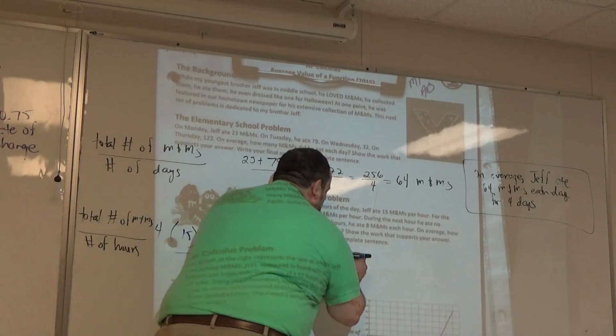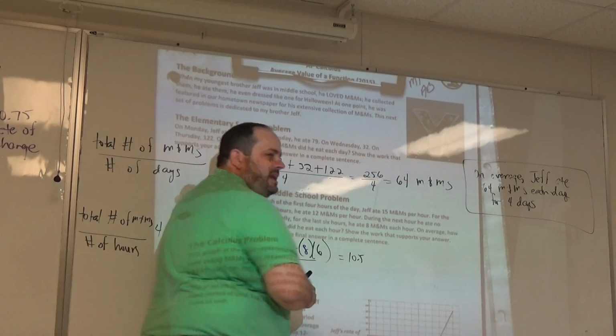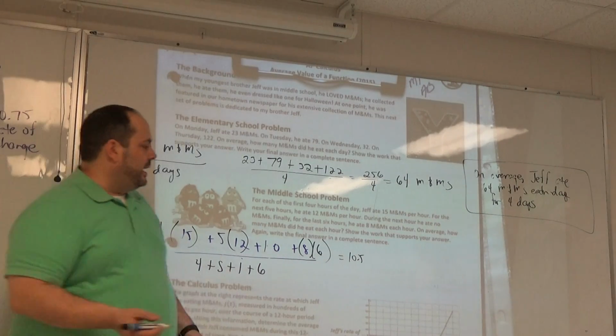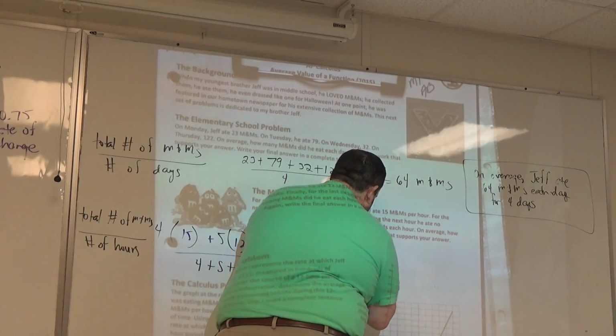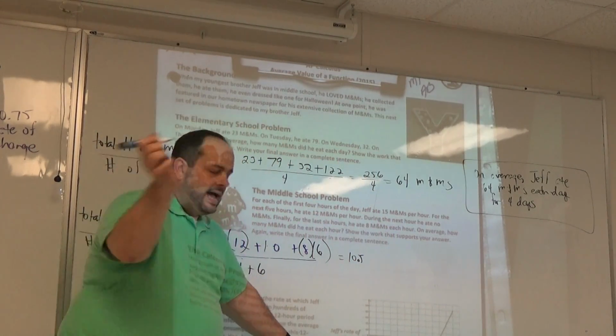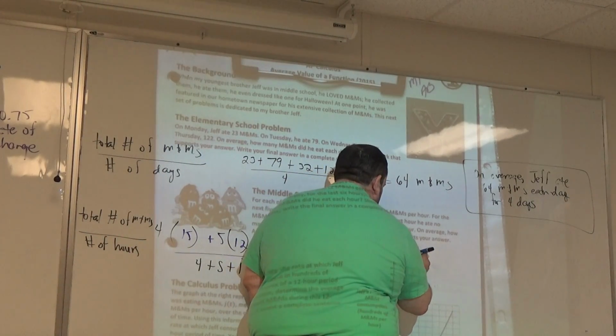And what I saw walking around the room, almost everybody had 10.5. Okay, Jose, what's the perfect sentence? On average, Jeff ate